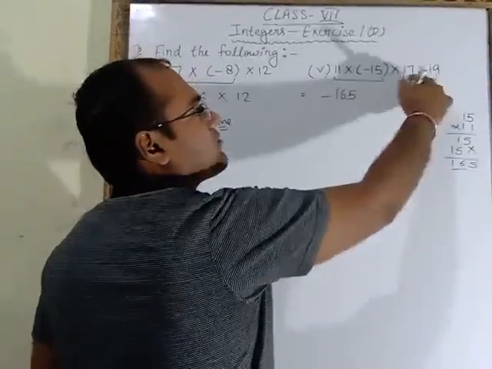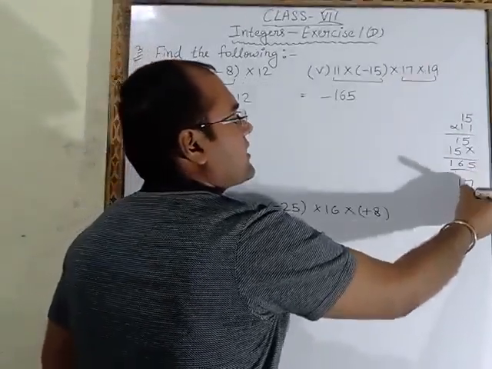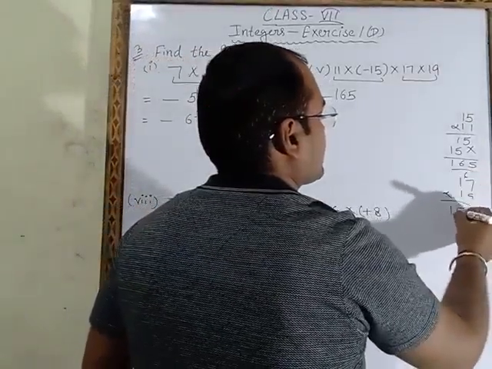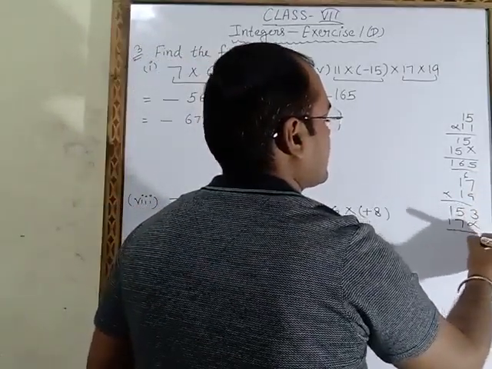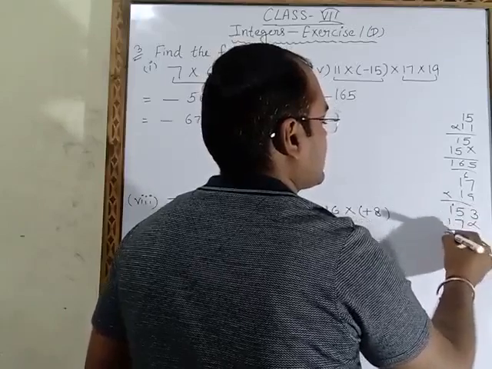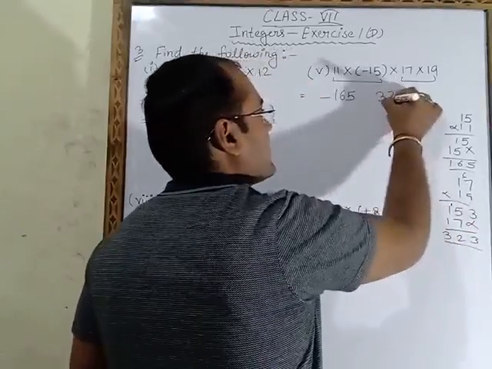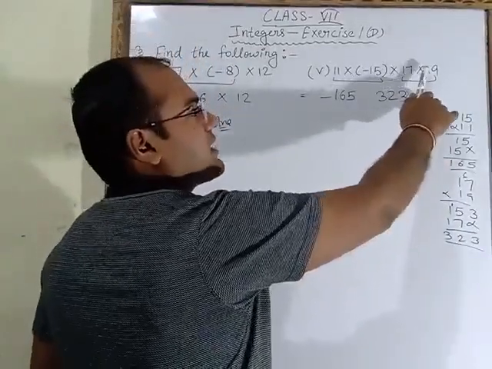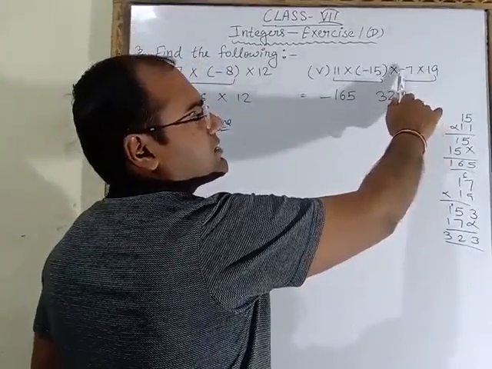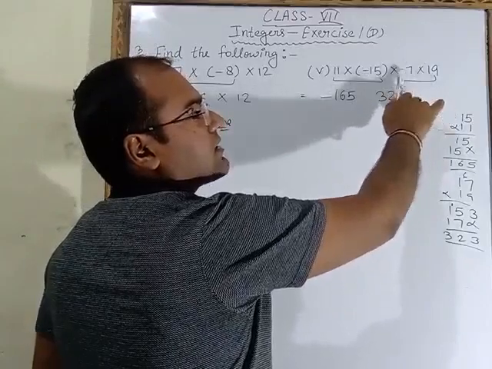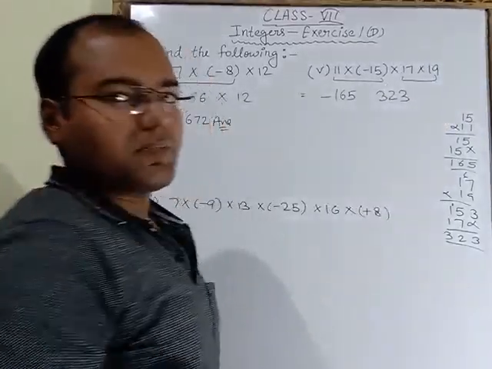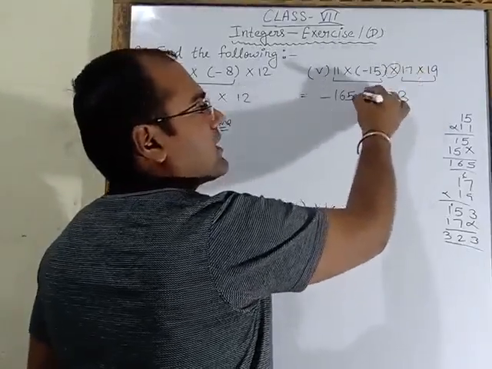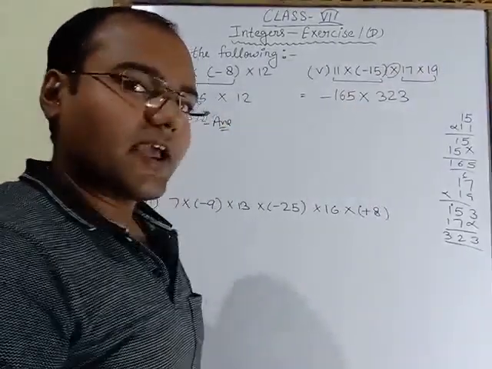In the same way we have to multiply these 2 numbers. 17 into 19. The answer is 323. We have to put the sign also. Plus and plus. Here no sign is there, means plus. Here also no sign is coming, plus. Plus multiply plus will be plus. And plus it is not compulsory to write. So this sign is remaining, multiply. This multiply sign we will put as it is.